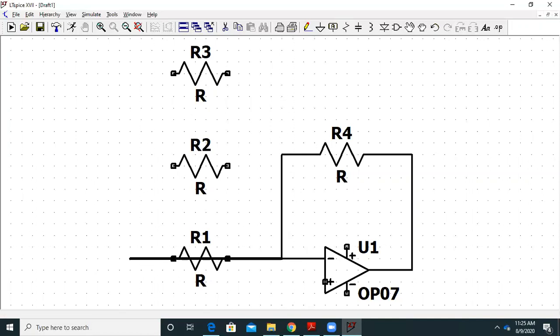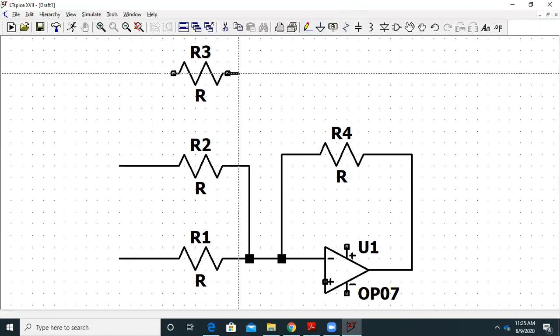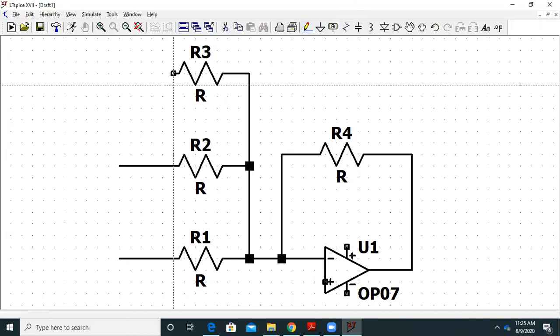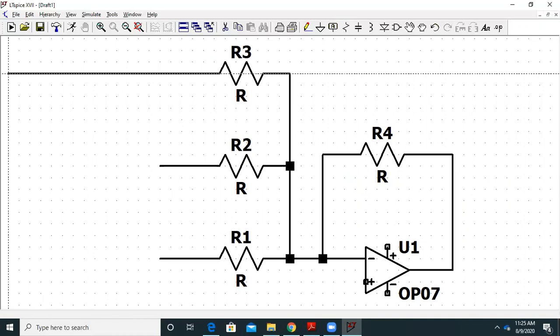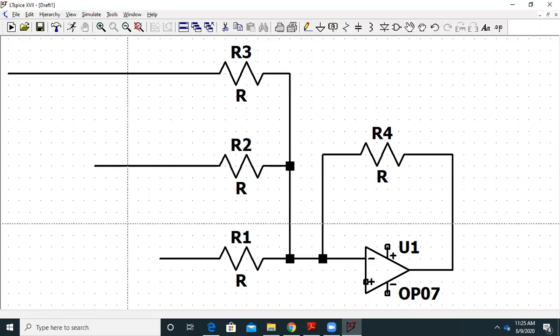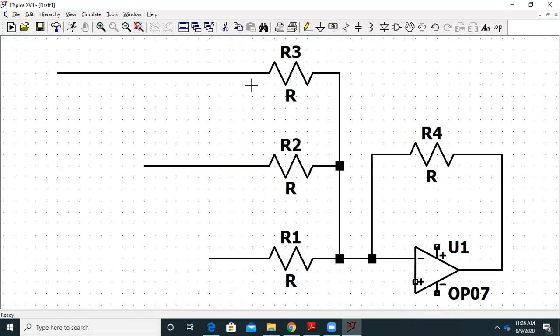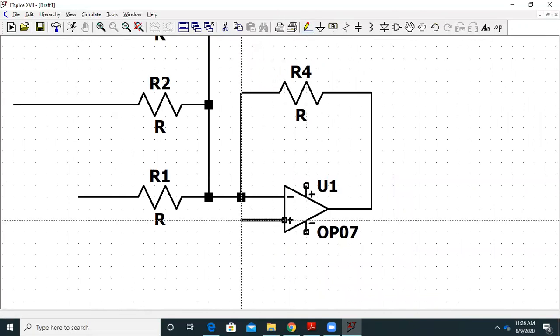Now let us connect all the various resistors. Let us complete this step quickly. So this goes over here, and this is for the second input VB, and this will be for the third input. And let me take the terminal a little out for the power supplies. So more or less we are almost ready. Only thing is we need to connect a wire to the ground to the non-inverting input terminal.